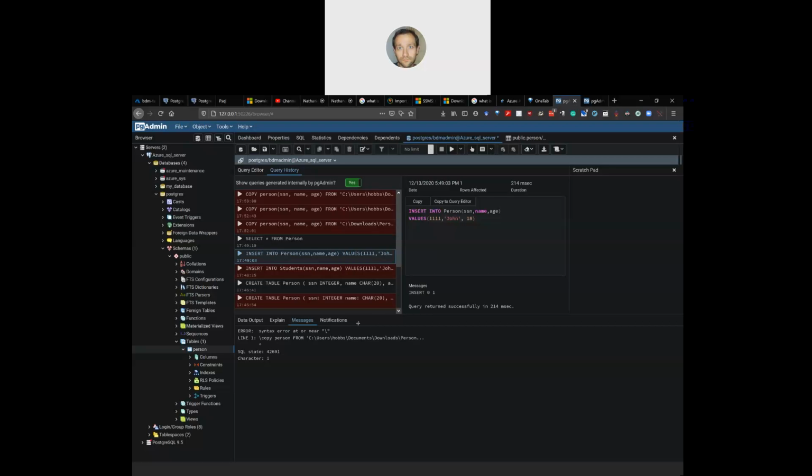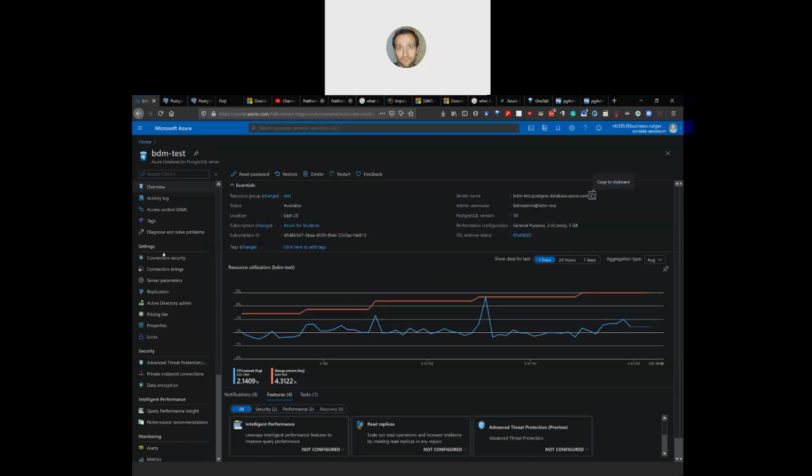There's also, so I'm just showing this one pgAdmin for Postgres. Of course, there's Microsoft VS Code that you can use. You can use the admin console, or you can go through just the web browser thing. Although I'm not sure if you can import a CSV file through there. I haven't tried it, and